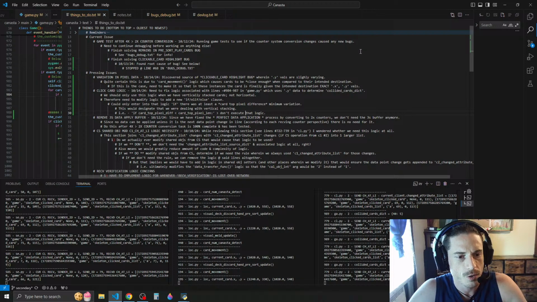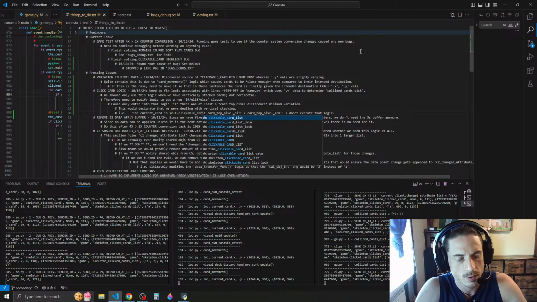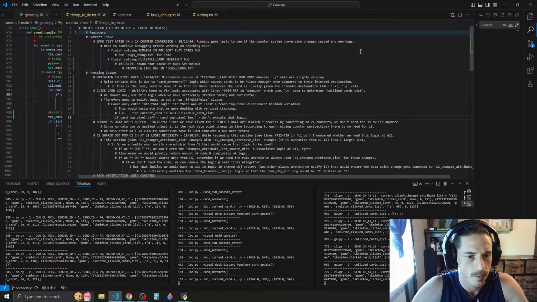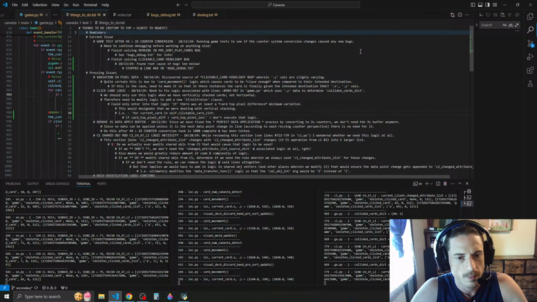And first we would actually check, say for current card in self dot click card list, current card in clickable card list, we would